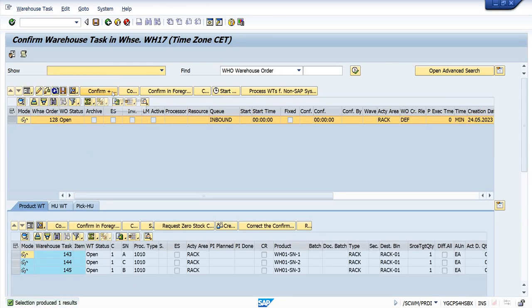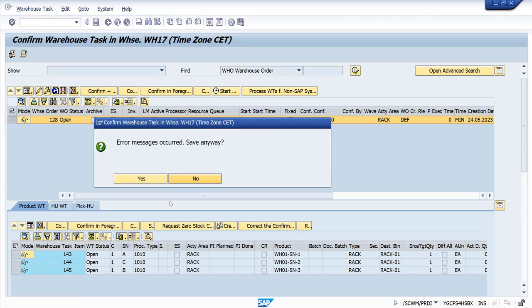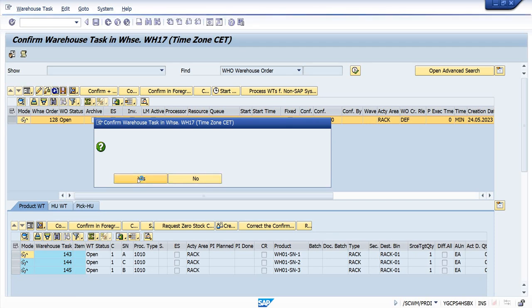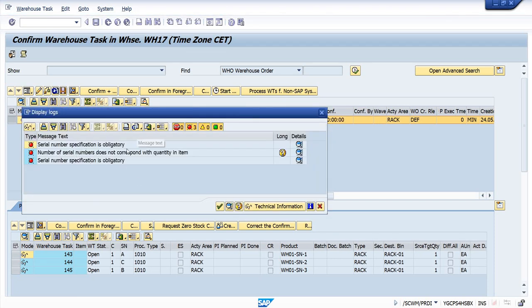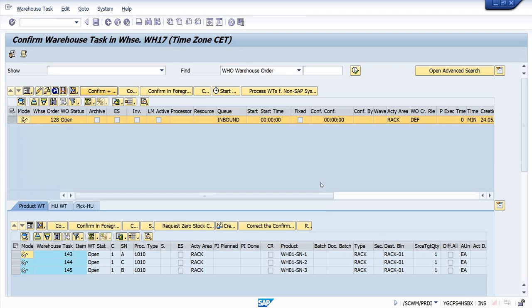Now let me try to confirm. Now let's see if system is allowing me to confirm the task without entering the serial number. Confirm. You see, serial number specification is obligatory for all the 3 items. That is why we are getting 3 line items, 3 errors. Okay, so